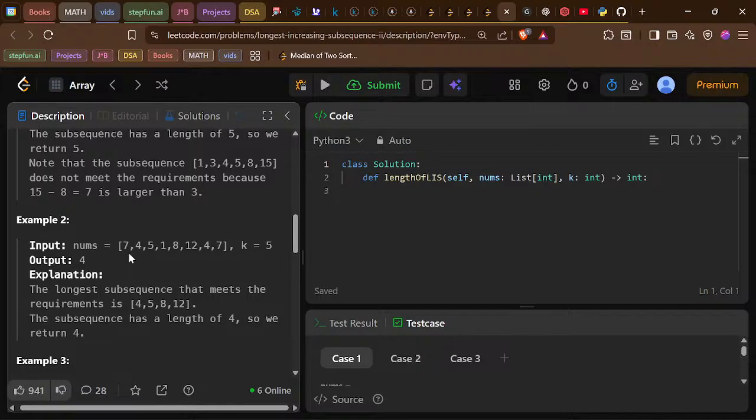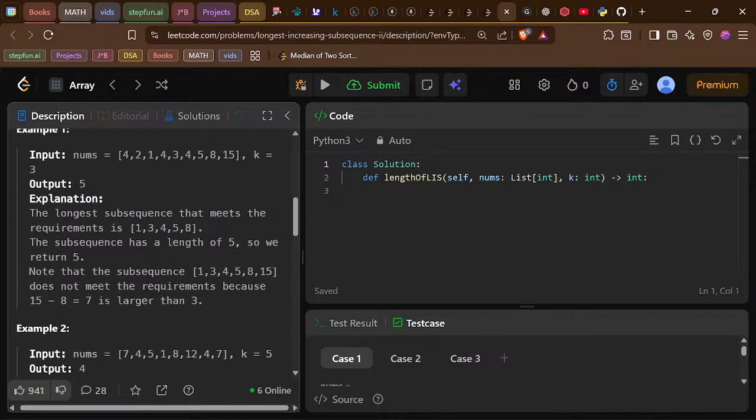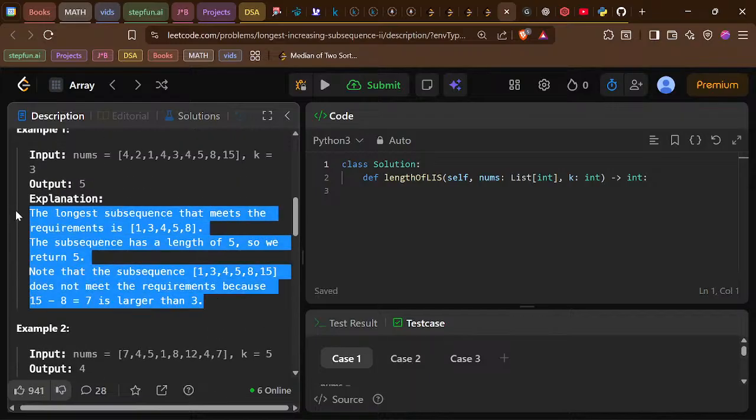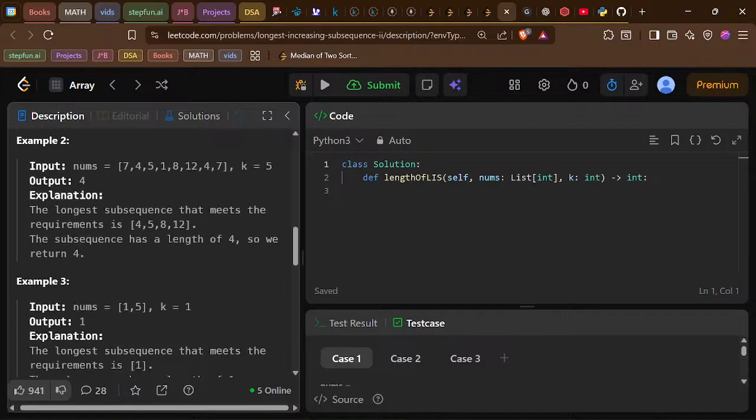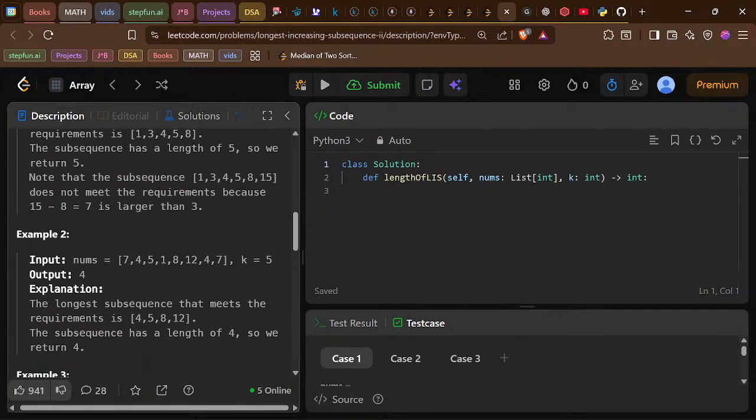Why? There should be a 7. So 1, 2, 3, 4, 5, 8, 15. Question mark. 1 is not there because